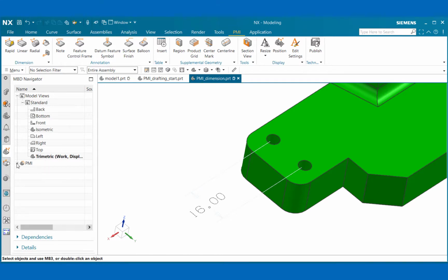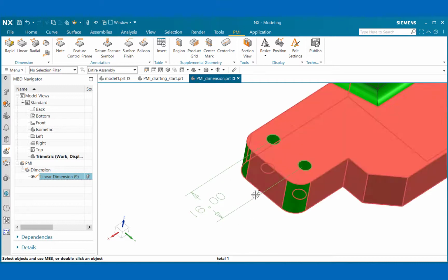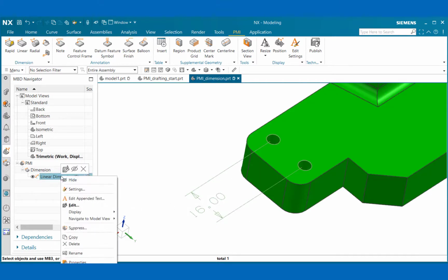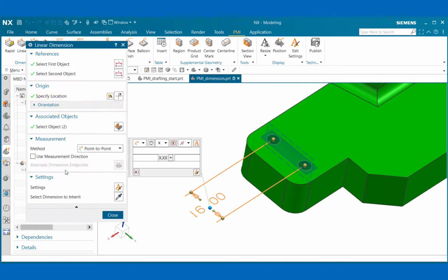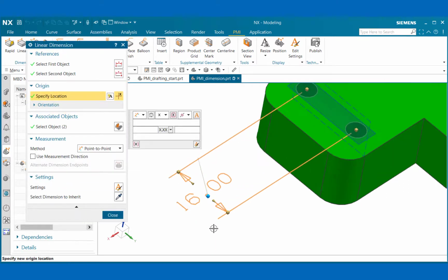And now if I open this up, we'll see that we have a dimension, and we can see that it's a linear dimension. And if I select on it, it's highlighted in our model. Now I'm going to go ahead, and if I right click on it, I can edit, I can hide it, or I can even delete it. I can change the settings from here and everything else. I'm going to go ahead and go back to edit, because what I want to show you here is, now we get everything the same as before, but if you notice, we have these little